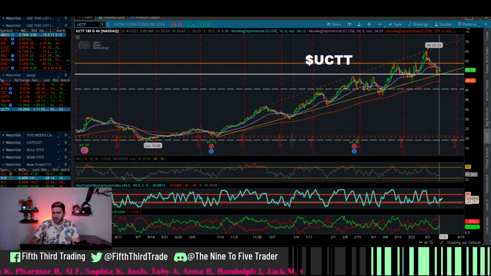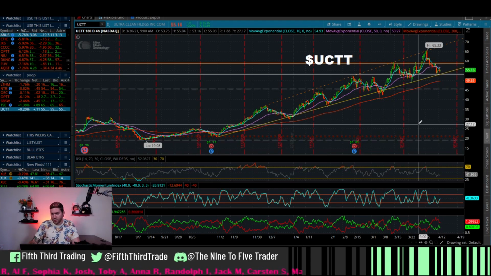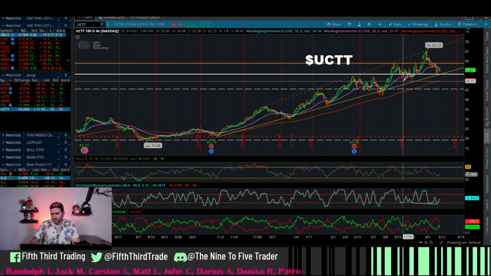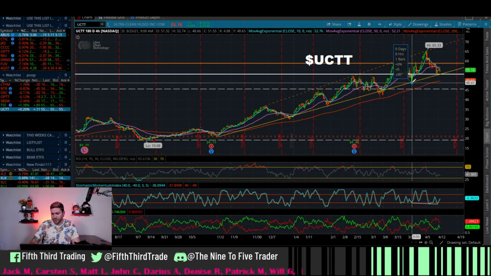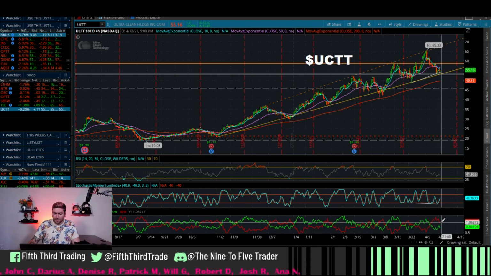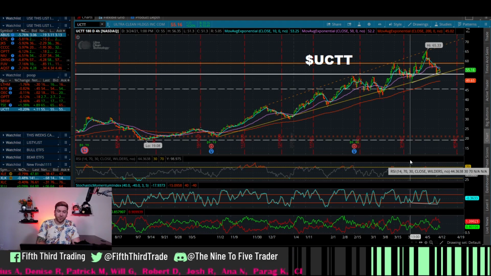RSI is low, stock is low, but pushing up. I see no divergences that are negative for it. You actually see it's probably a bullish one right here, for sure. Definitely a bullish divergence forming, so it's actually a good sign right there. Bulls low, bears high. I think UCTT moving forward the next weeks or months could be a fantastic purchase for sure. And there you guys have it.